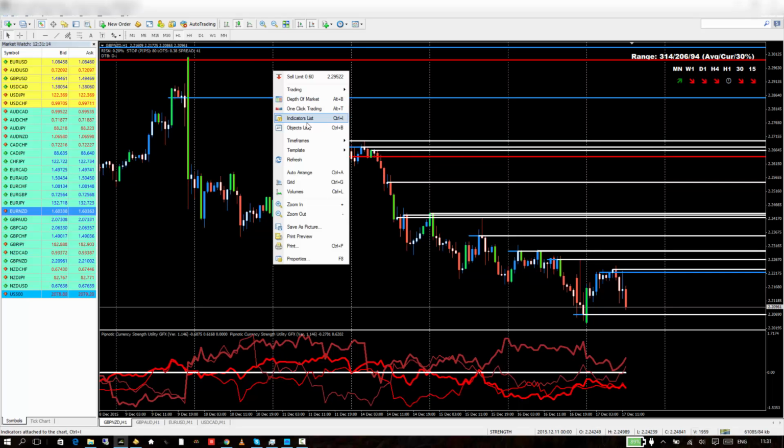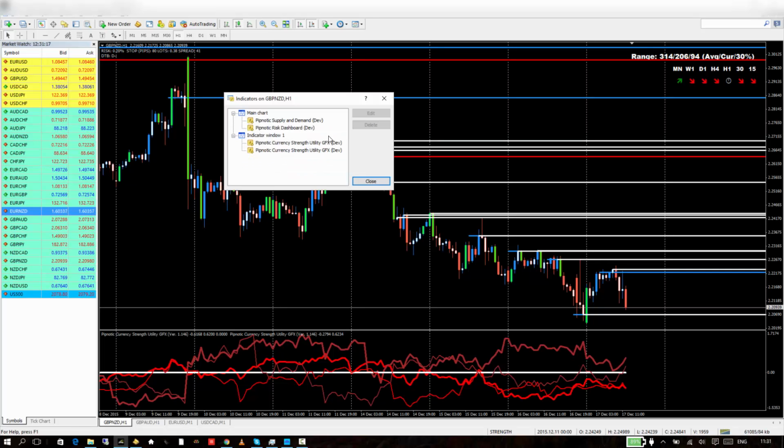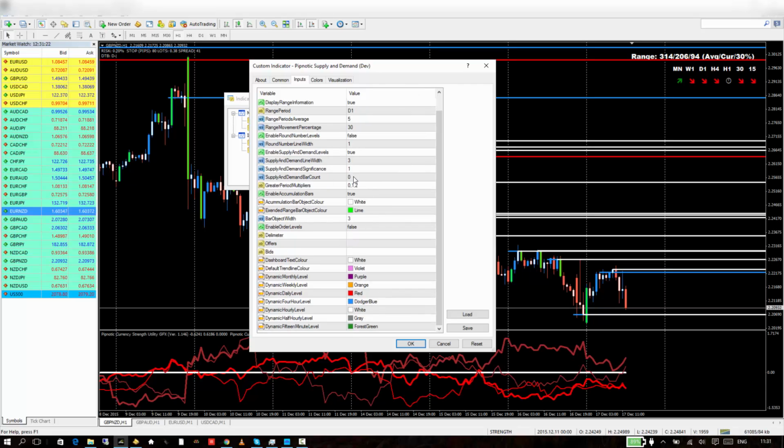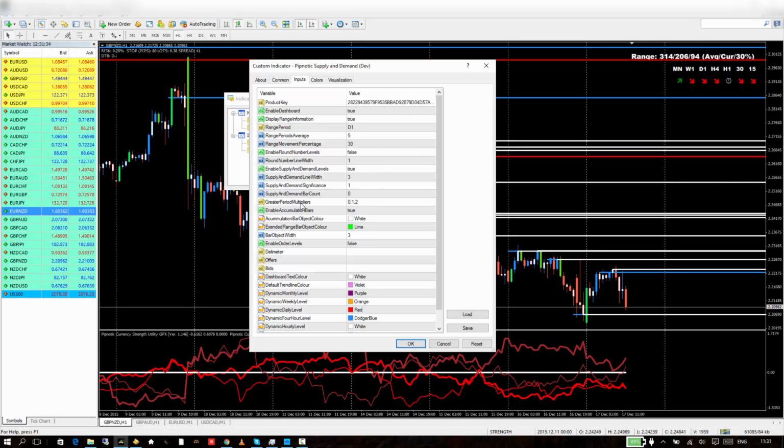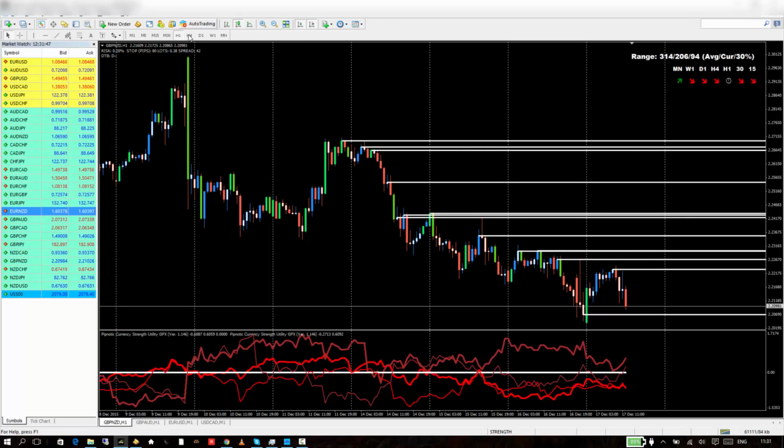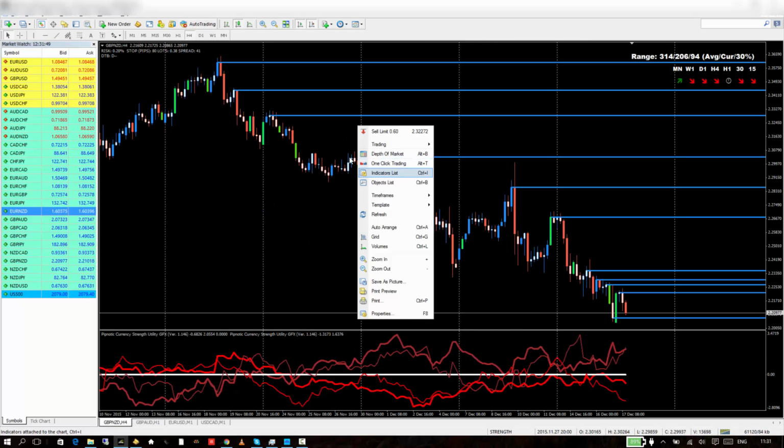Additionally, there is a modification that I have made to the supply and demand indicator, where you can see that now you only need one instance of the indicator. You don't need one for the current period, another one for the current period plus 1, and another for the current period plus 2. Now we simply have one instance. And so instead of having the greater period multipliers set to the value that you want to see, while you can only show the current supply and demand areas, like so, as you can see, you can also tell it